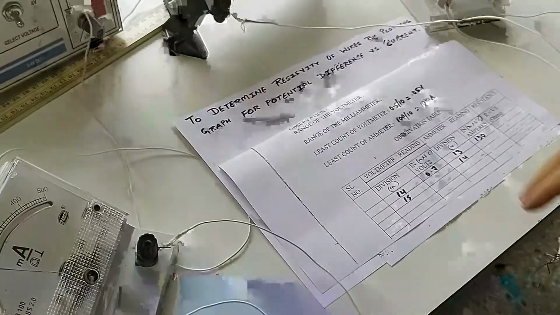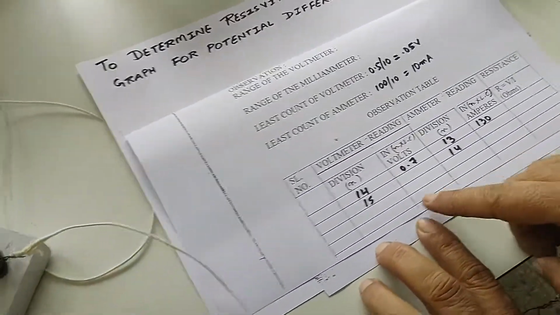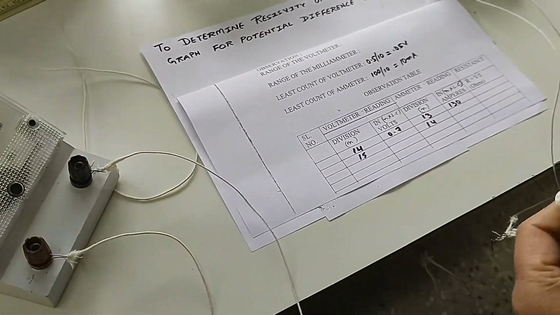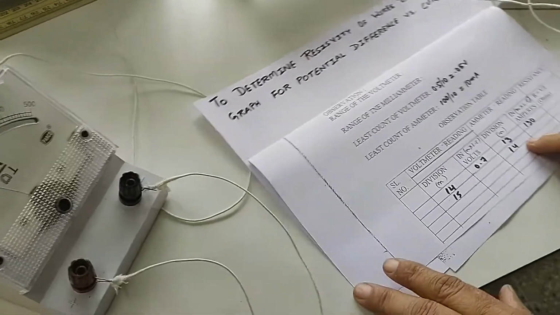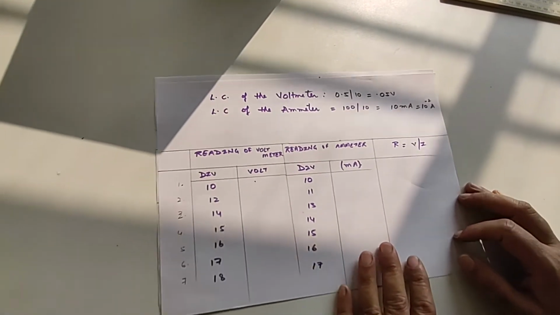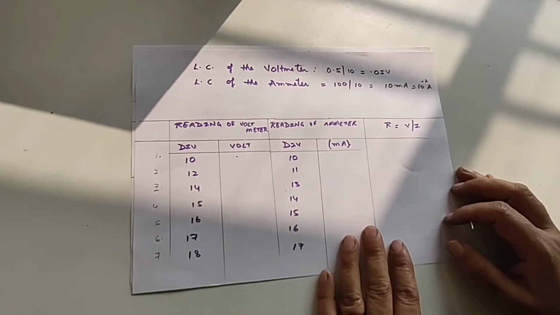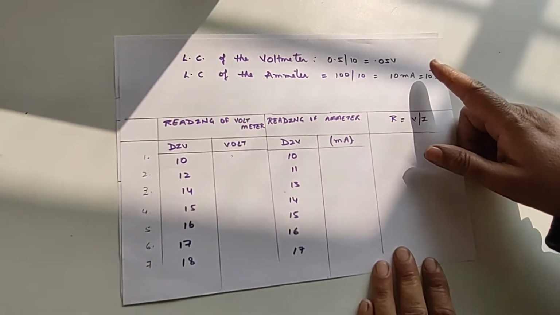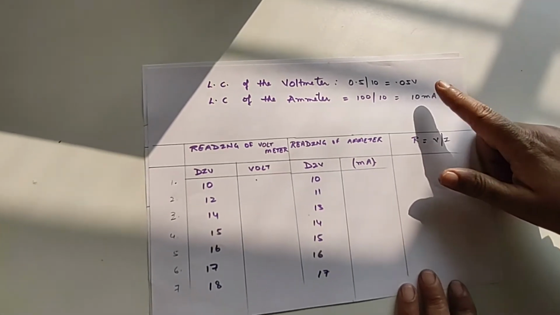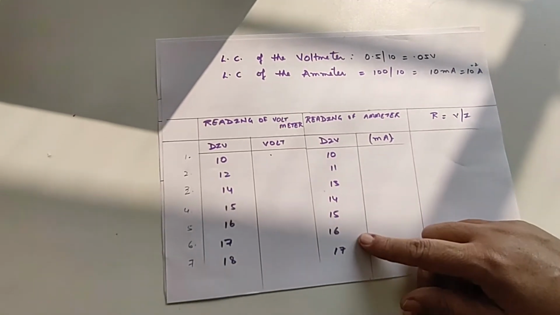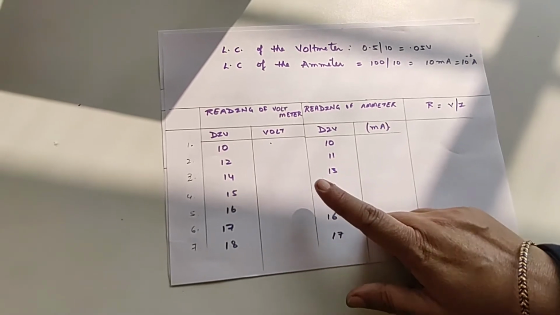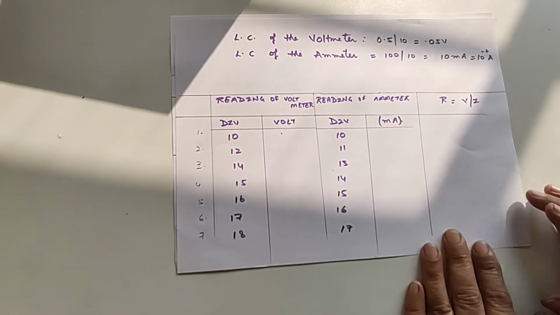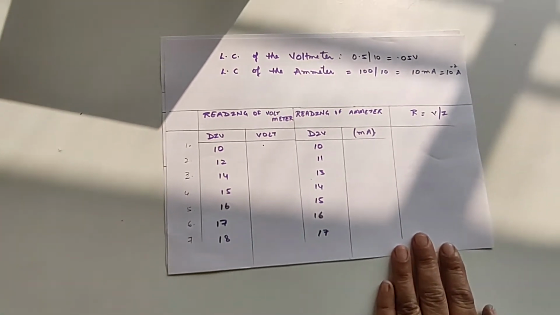So children, like this, you will be taking the 6 readings to plot the graph between potential difference and the current. While you plot, let me explain the observation calculations, how you are doing the calculations of the resistance or resistivity. As you have taken the observations, the least count of the voltmeter and the ammeter, and the 6 observations, I have just taken the reading of the voltmeter and ammeter in divisions. I have not multiplied with the least counts. So you can just do like that.